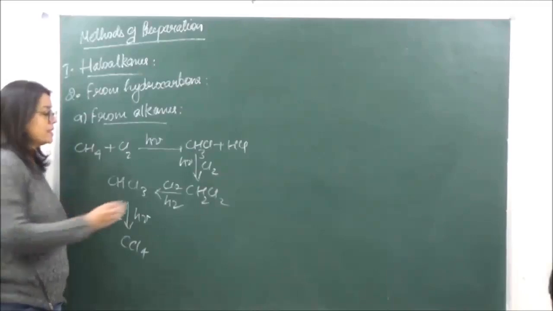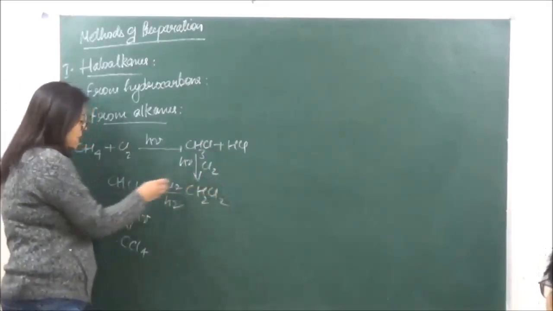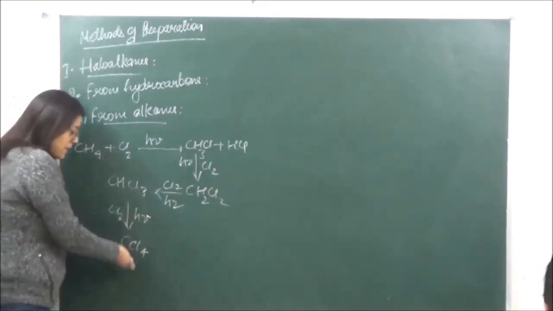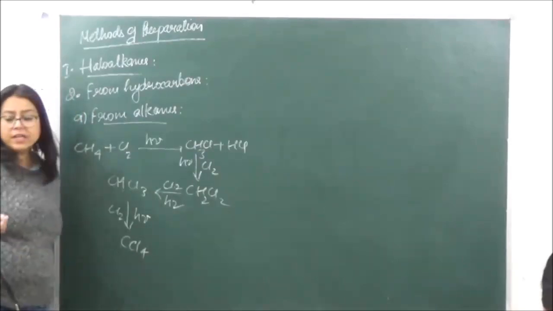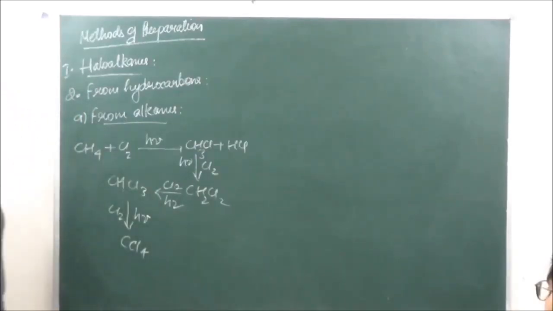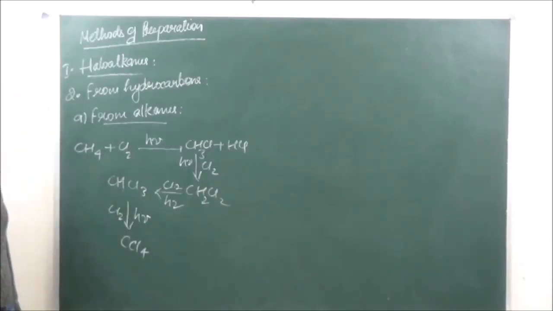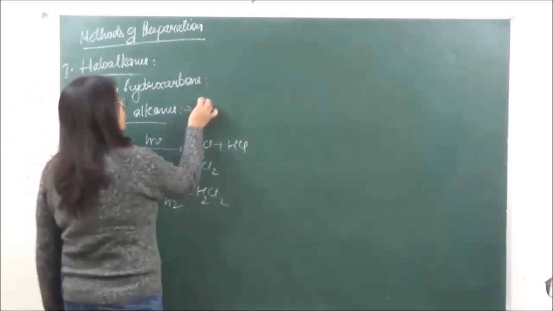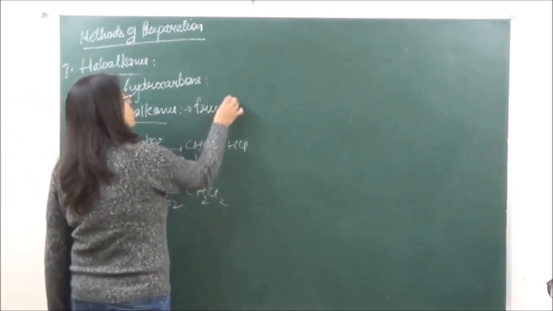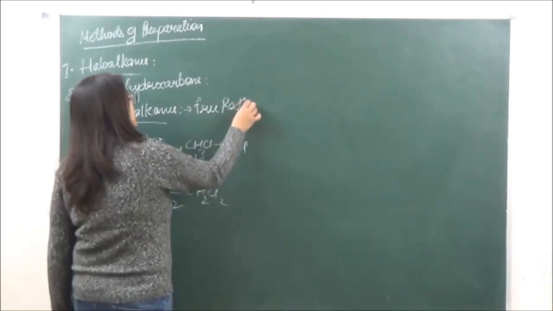Okay? We will get CH3Cl, CH2Cl2, CHCl3 and CCl4 as well. And because their boiling points are very close, separating them is going to be difficult. Now the reaction over here, as I have already told you, is going to take place by